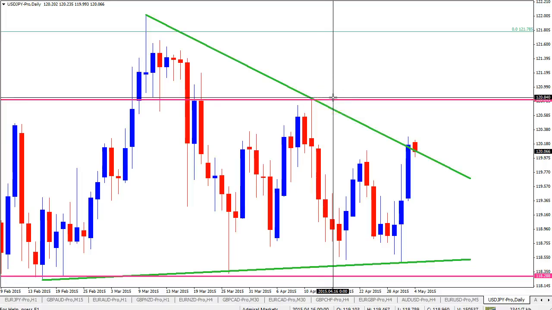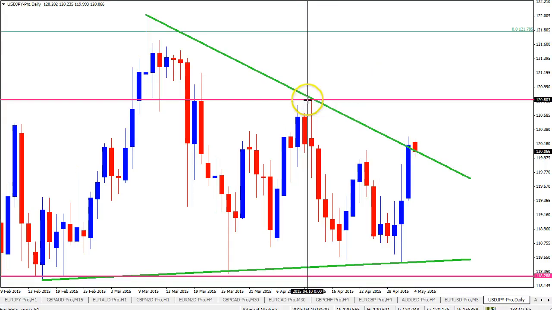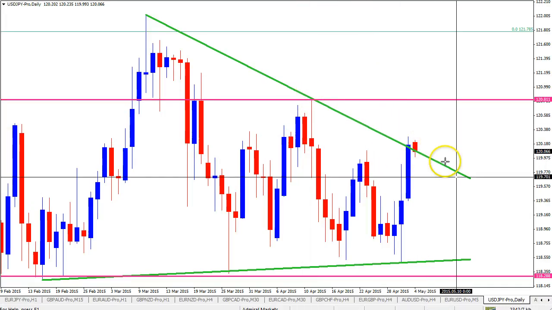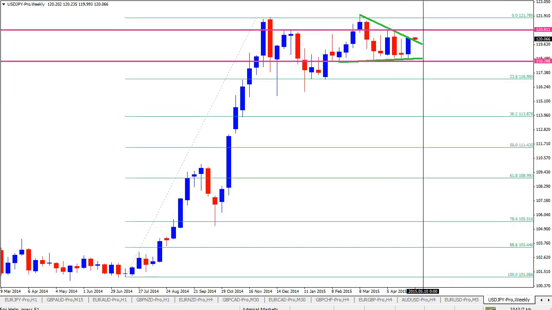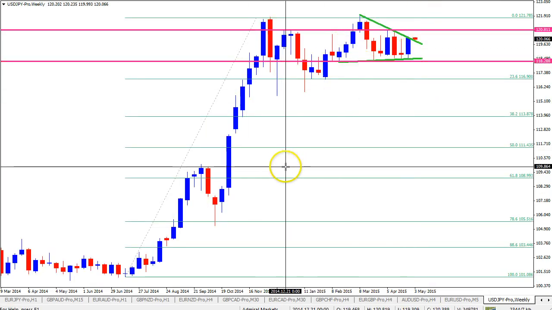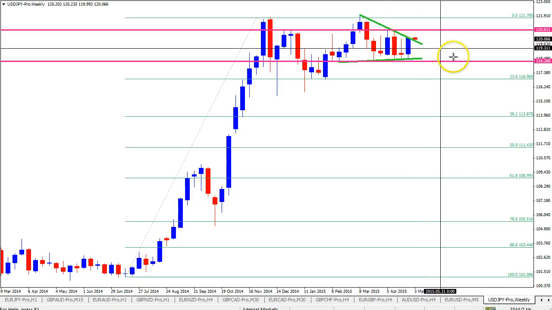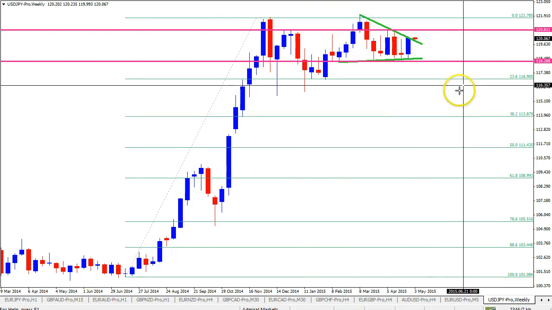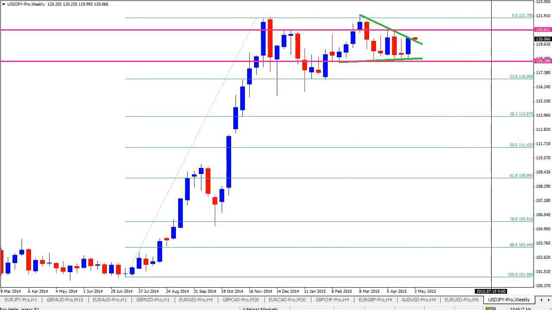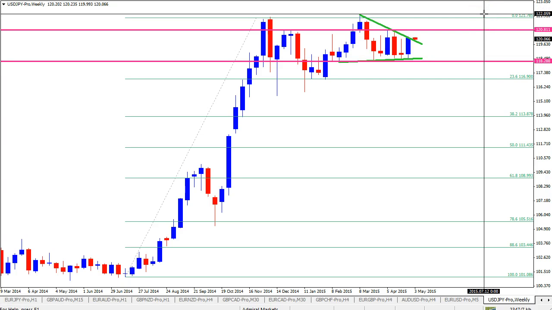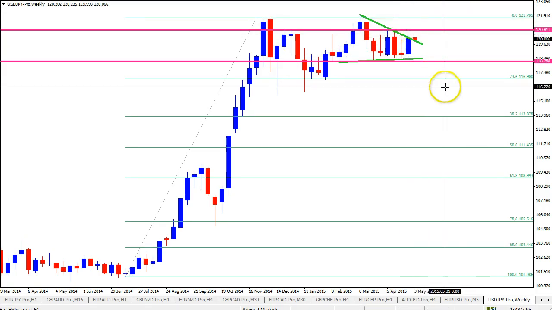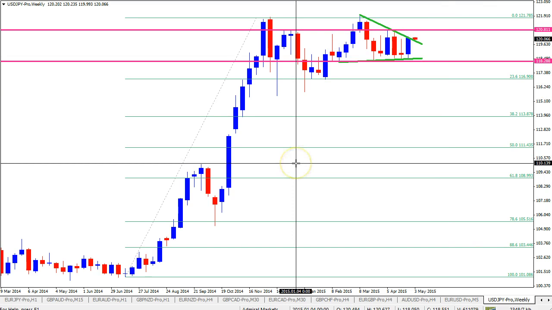Of course, if price breaks through that, and this is not an A, B, C, D, E correction, but perhaps a breakout to the upside, so that's an important level to keep an eye on. As long as that does not break, there's a chance that it bounces down for an E leg as well. If we look at the weekly chart, the triangle that I mentioned here is all part of a correction within a big uptrend. So when the triangle completes, the uptrend could be very interesting and could offer good trades. For the moment though, it's in consolidation, and the dollar yen is not as interesting to me as the